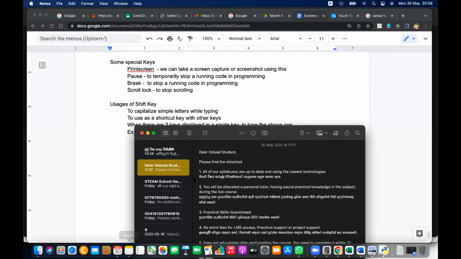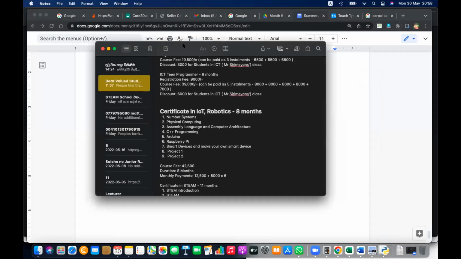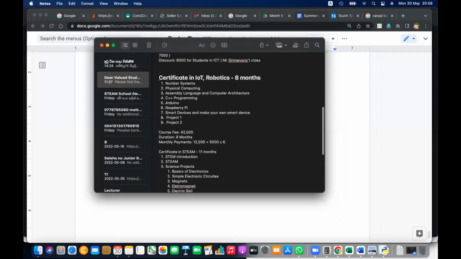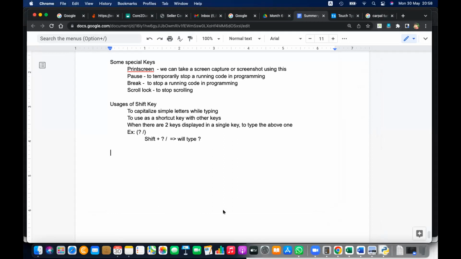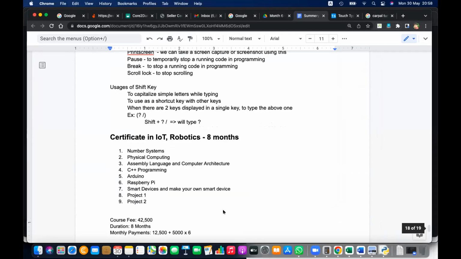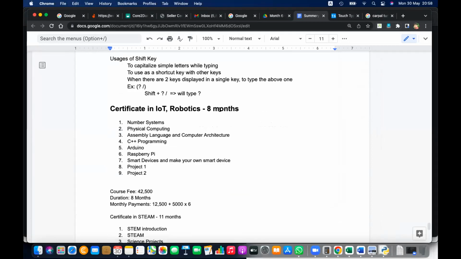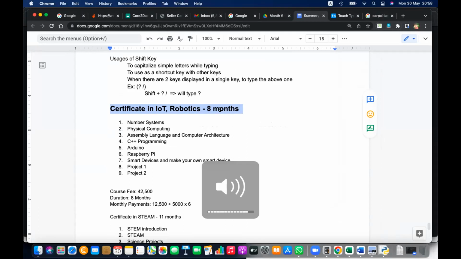Just give me a second. That is about these two courses that we have introduced recently. One from STEAM School, the other one from JITS. So we are introducing our third level program. You already know, I think we are offering two programs. One is Teen Programmer, the other one is